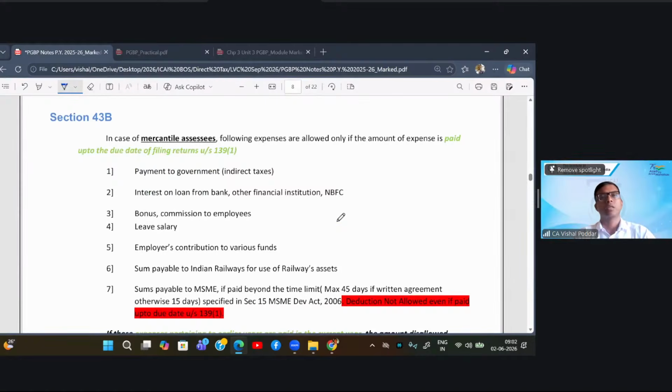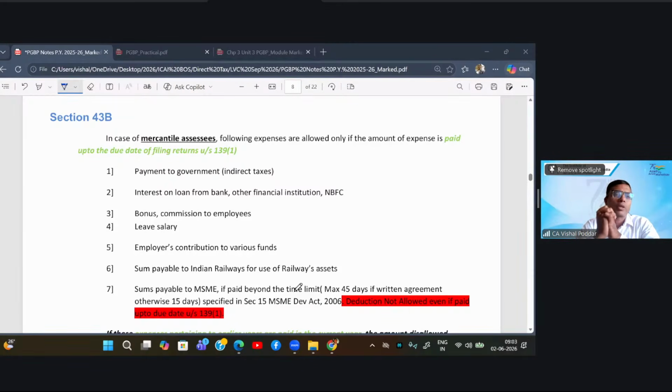Now comes the other condition, 43B. Before that, Dhanlakshmi is asking, sir, according to 40A(7), provision is made for deduction in future while making payment to employee. No, beta. Dhanlakshmi, if you are claiming deduction of the provision amount, then again in the future, the actual